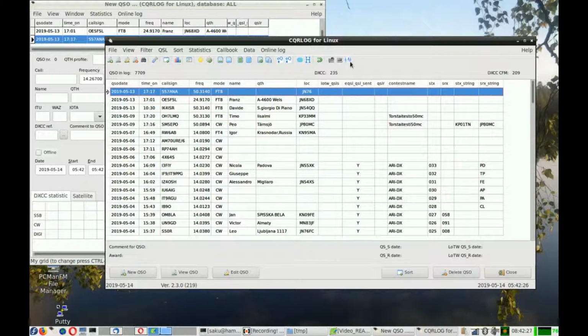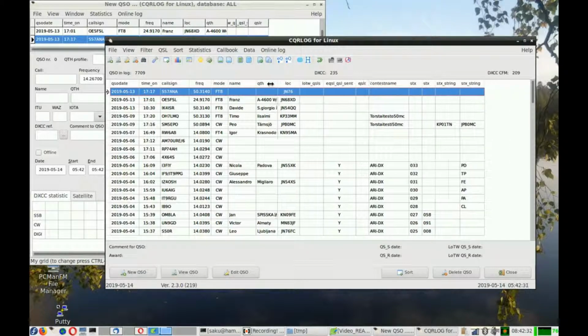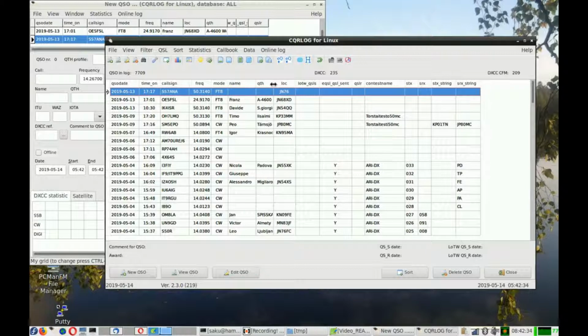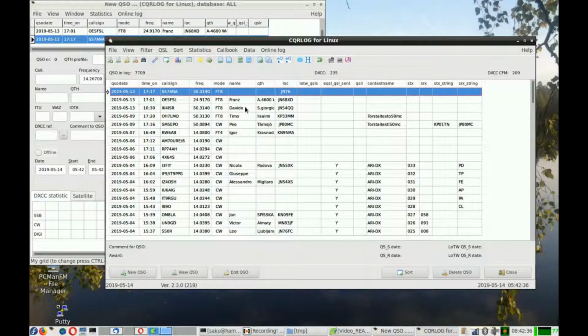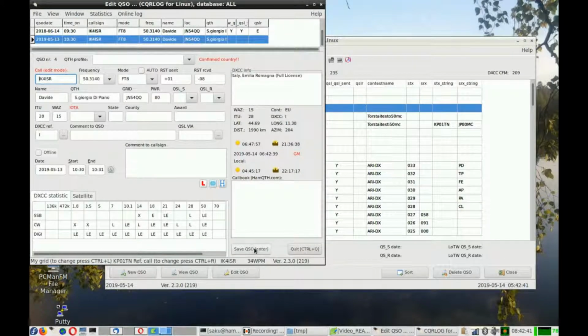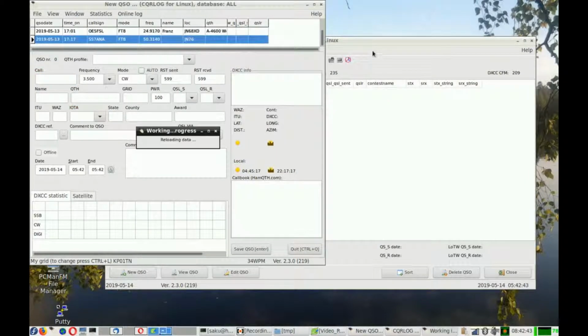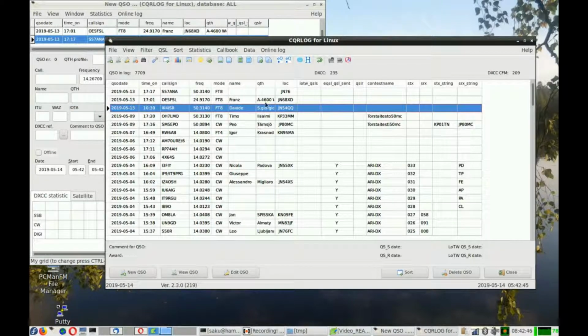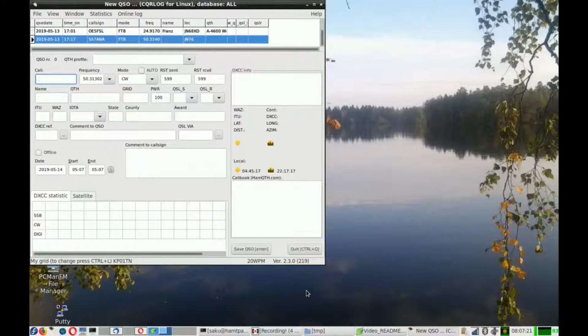But if you uncheck this and make the columns as wide as you like, they will keep the size. Like this, it will keep the size. So that is very handy if you like to make your own view, or you like to see everything that is written in a column. So that's the contest side of the